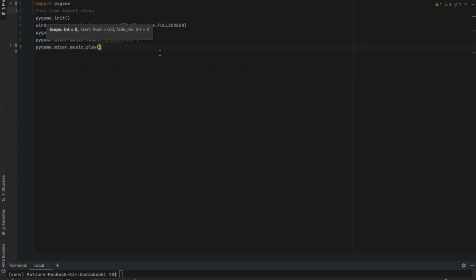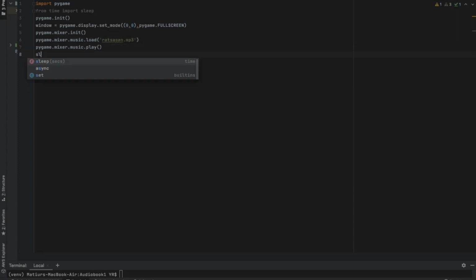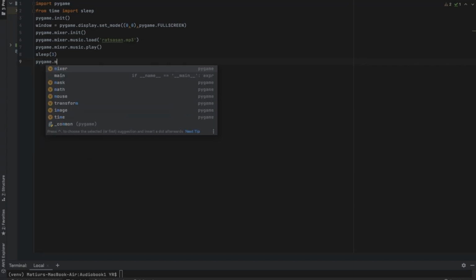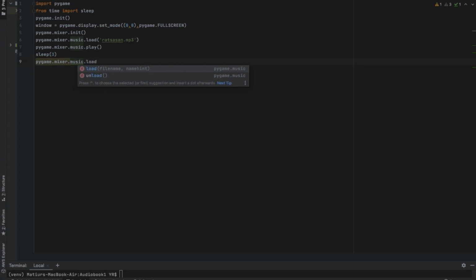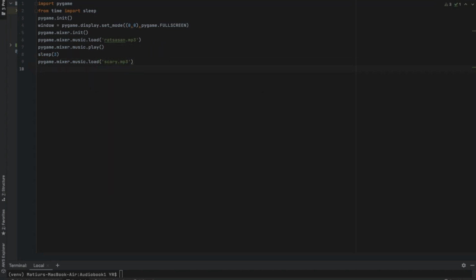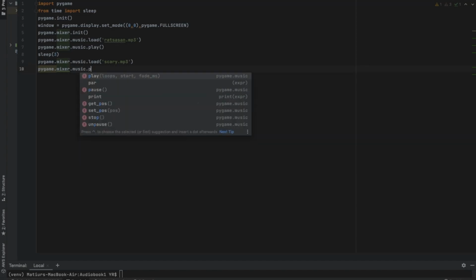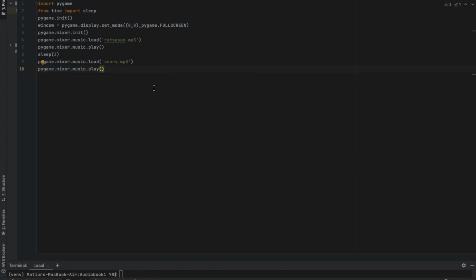and then brackets. After that you can go down and type sleep for I guess 3 seconds, and after that you can go down and type pygame.mixer.music.load, and over here you can give the other mp3 file, which is the scary.mp3, and then once again you can type pygame.mixer.music.play, and then you can make it sleep for maybe 5 seconds,